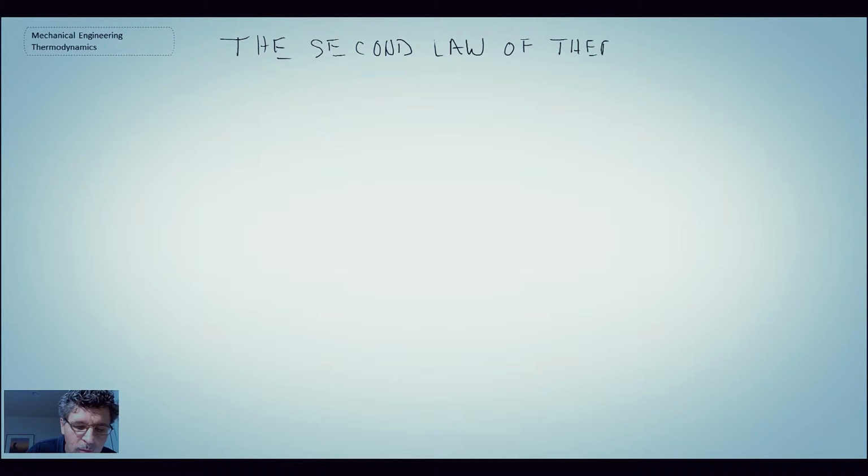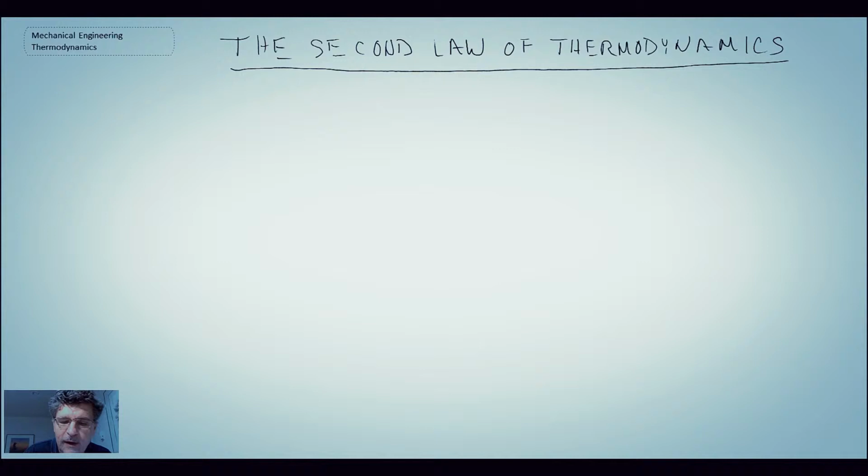So we'll begin by discussing the second law of thermodynamics. Our treatment today is going to be more of an understanding or conceptual one. The treatment in a subsequent lecture will be more of a quantitative approach to looking at the second law of thermodynamics. So the second law is concerned with the direction that